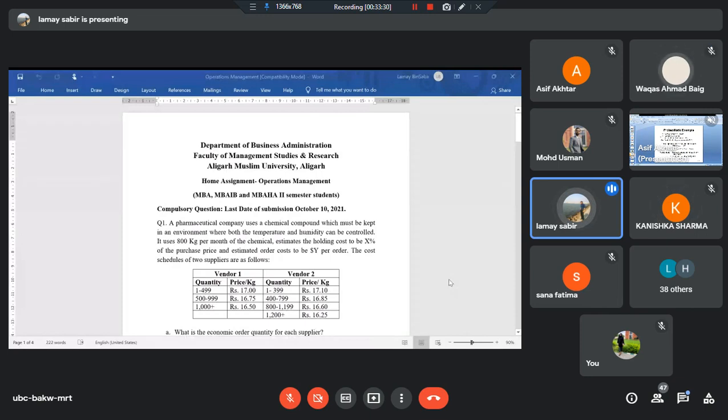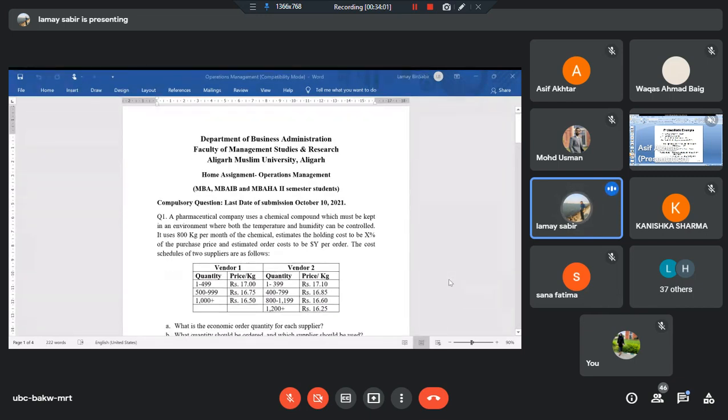As you can see, you have already done the price discounting model of inventory management. This is the same model, the same question, but with a different perspective. This is an example of a pharmaceutical company that uses a chemical compound, and the usage of 800 kgs per month has been shown to you. The holding cost is X%, and the ordering cost is $Y per order. What is this X and what is this Y? If you see at the bottom of your screen,